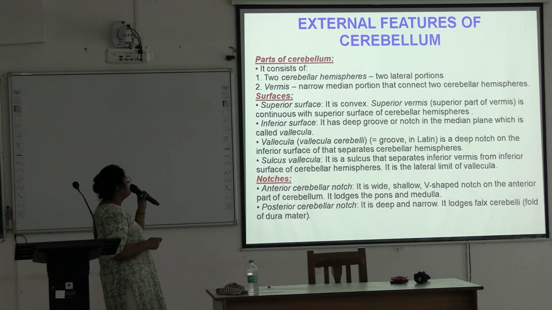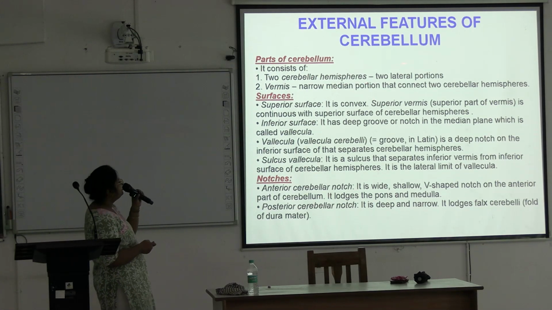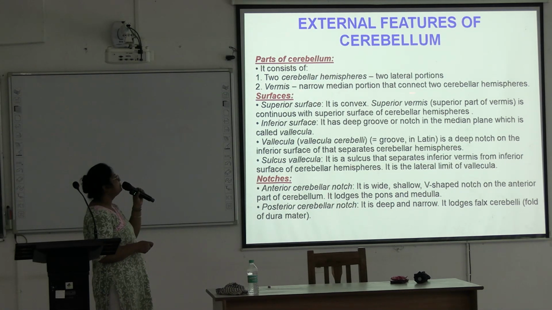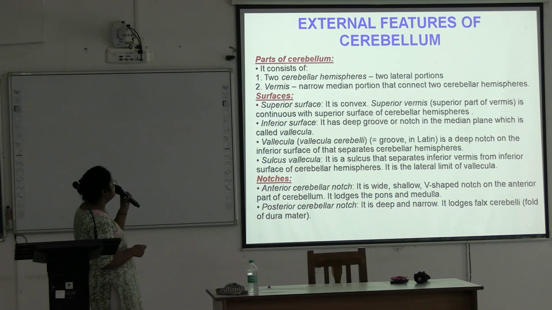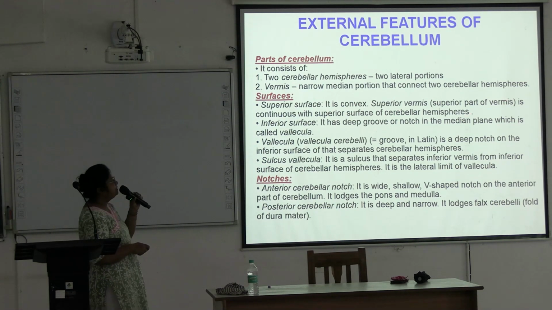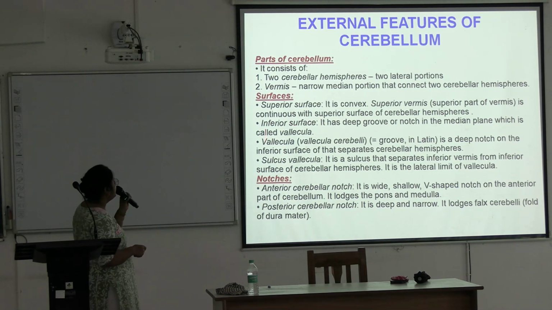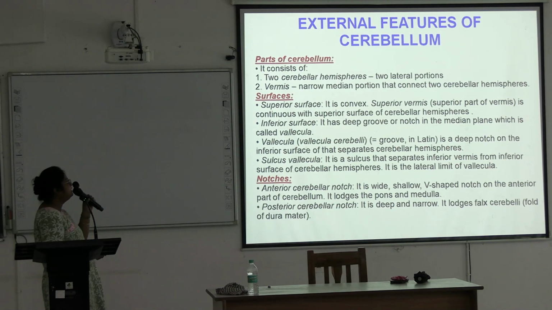So these are the parts we will discuss in detail. Two cerebellar hemispheres, the two lateral portions, and the vermis, a narrow median portion that connects the two cerebellar hemispheres. The superior surface is convex, and the superior vermis, that is the superior part of the vermis, is continuous with the superior surface of the cerebellar hemispheres. And the inferior surface has a deep groove or notch in the median plane